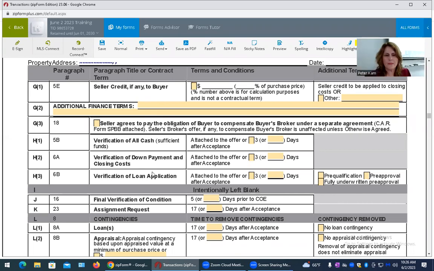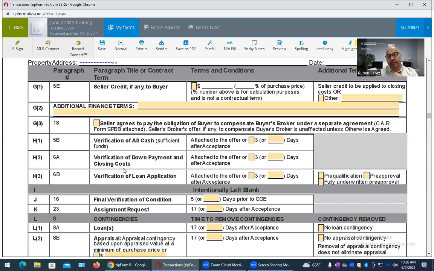usually a relative. So if you have a gift letter or a donor letter, make sure to include that, because you don't want questions from the listing agent. If you already have the paperwork, go ahead and submit it so they understand. Verification. One last thing, even if it's not all cash, if it's a donor that's going to be